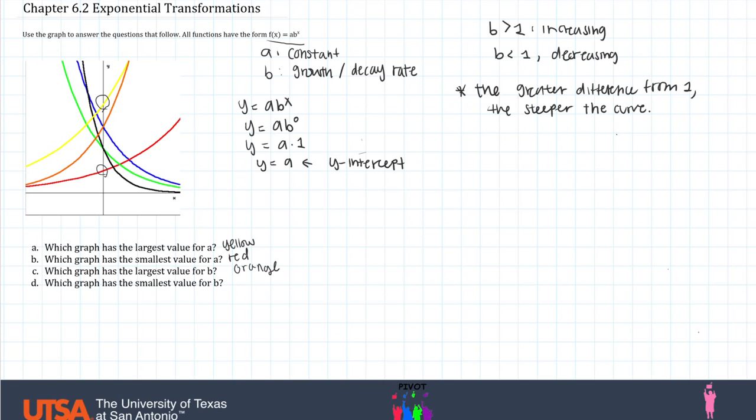Similarly, part D asks which graph has the smallest value for b. So we'll be looking at the decreasing graphs this time, which are black, green, and blue. And black seems to be the steepest, which means that it must have the biggest difference from 1, and therefore the smallest b-value. So the answer for D will be